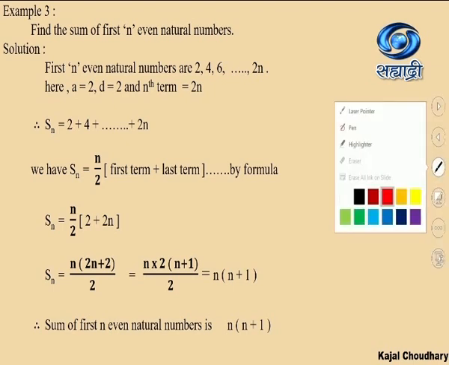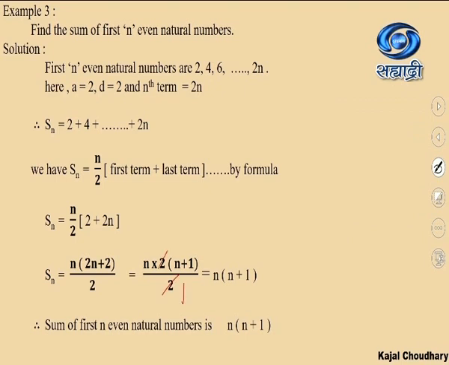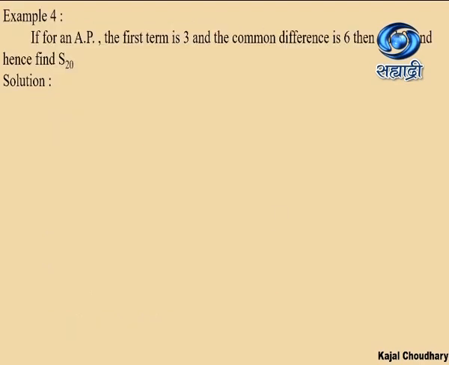Now, if you see over here, 2 ones are 2 and 2 ones are 2. Now, what are we left with? n multiplied by (n plus 1). So, this is what we had written over here. Therefore, the sum of the first n even natural numbers is n(n plus 1). Similarly, if you have odd natural numbers, you can also find the sum. In that case, your last number is going to be, see, any even number plus 1 will always be an odd number. So, you can use this hint in order to find the sum of the first n odd natural numbers.